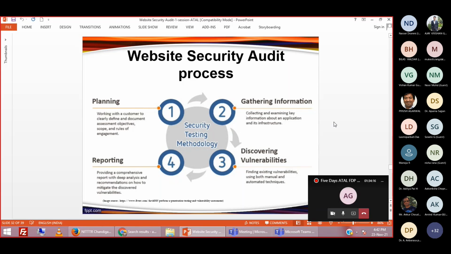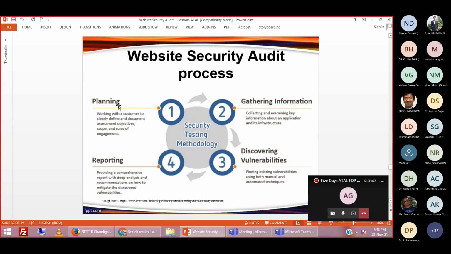So it is always recommended for website owners to hire a secure developer who knows secure coding and how to patch these vulnerabilities, right? It is not justifiable to hire a developer for 10,000 and pay 1 lakh rupees just for a security audit. Once your auditor is finalized, the one quoting the lowest money, you have to hire them. Once this phase is completed, the planning phase is almost done.